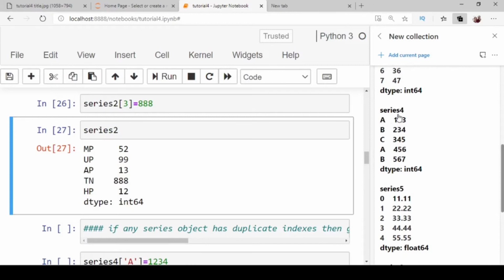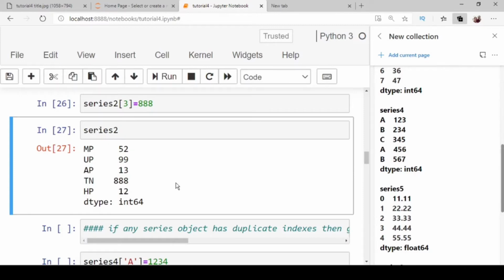Series 4 has two duplicate indexes, A and B, respectively. It has two data values, 123 and 456, at index A, and two data values, 234 and 567, at index B respectively.